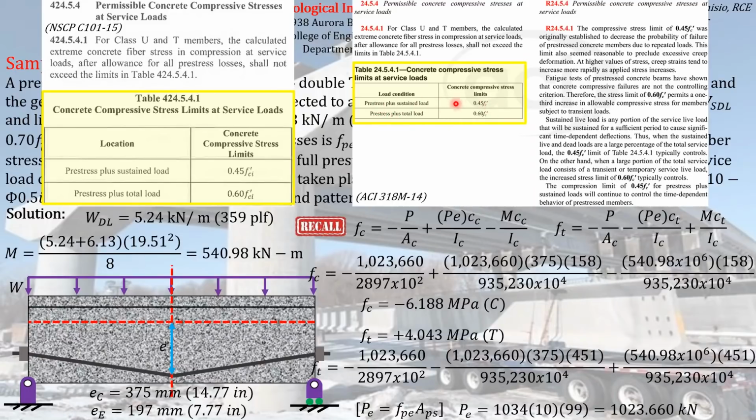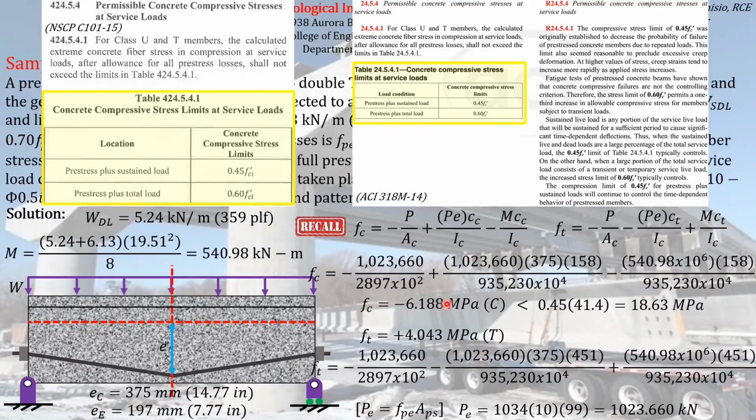So according to this table, according to this particular provision of the code, the maximum permissible compressive stress at service loads that can be experienced by the concrete must not exceed 45% of fc prime. So what is 45% of fc prime? Our fc prime is equal to 41.4. It is given in the problem. And its 45% is equal to 18.63, which is obviously greater than the stress that we have computed on the